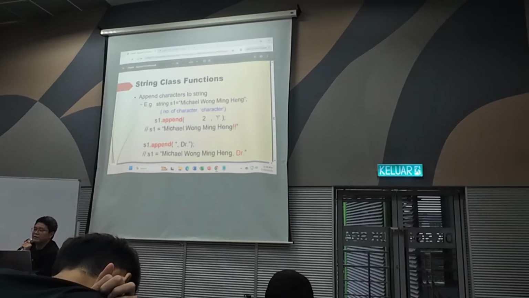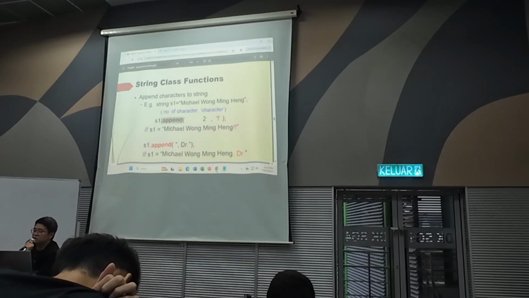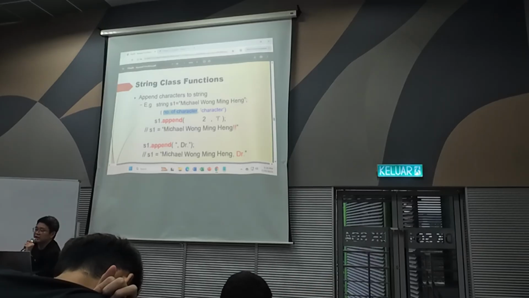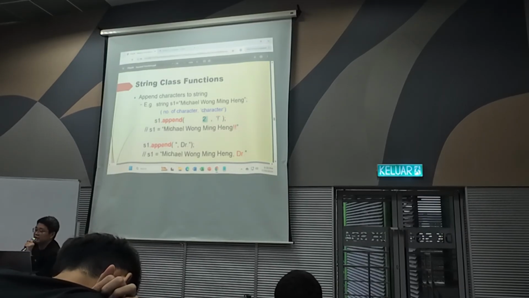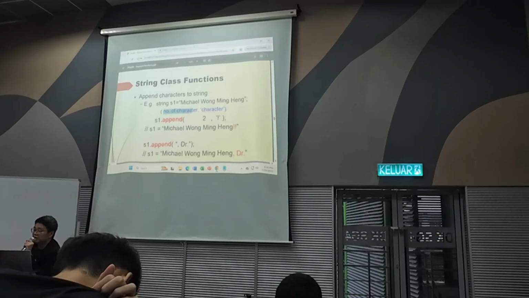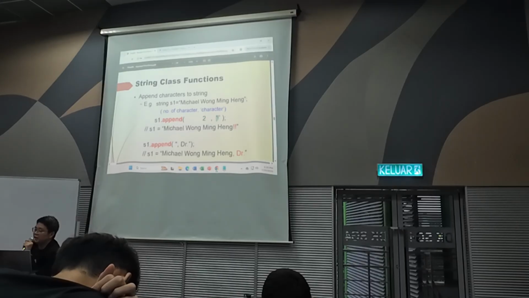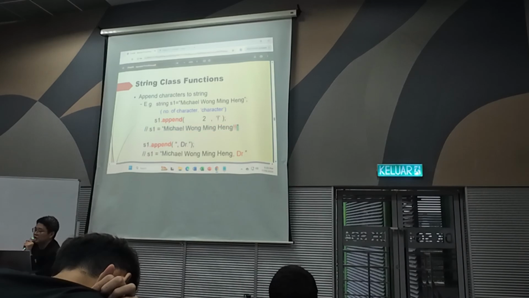Okay, next one, append characters to string. Same scenario, I have this append function. This append function will receive two input parameters. One is the number of characters and the other is the character that you want to put in. Let's say for this scenario, the number of characters that I want to append is 2, and the character is the exclamation mark here. So you can see that at the output here, I have 2